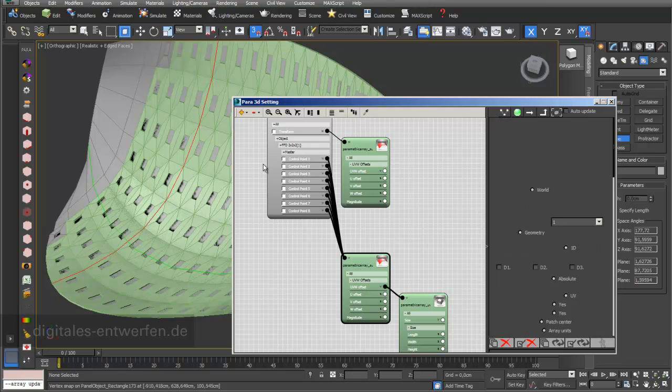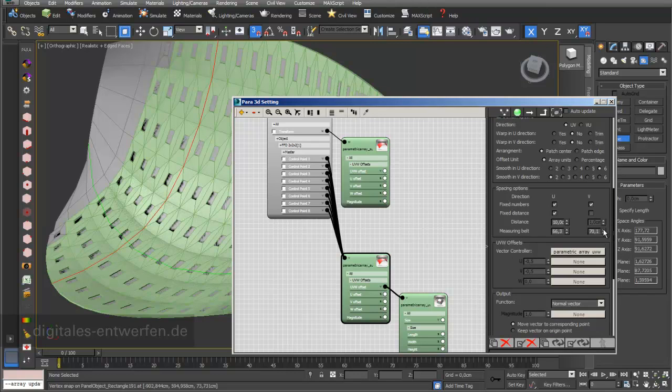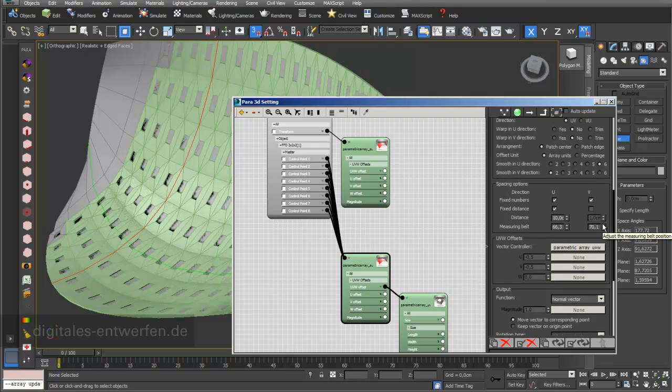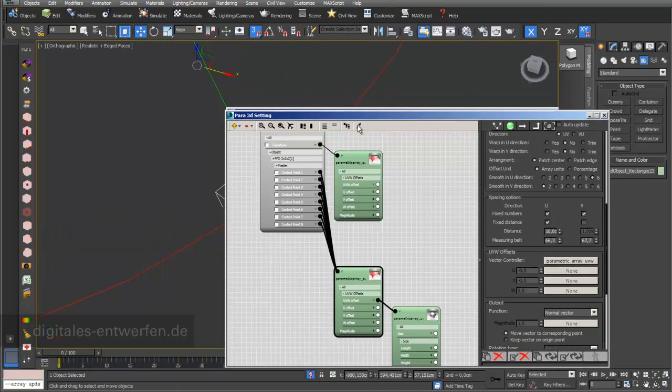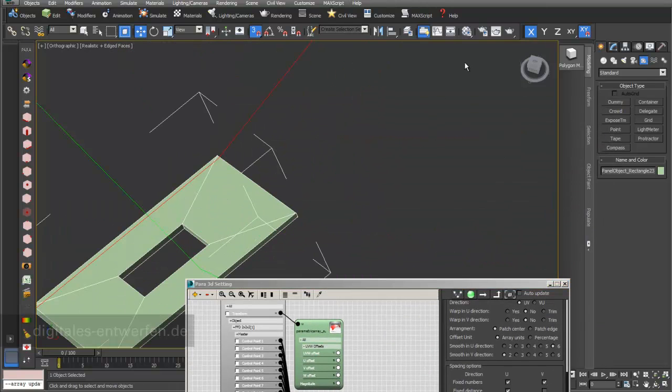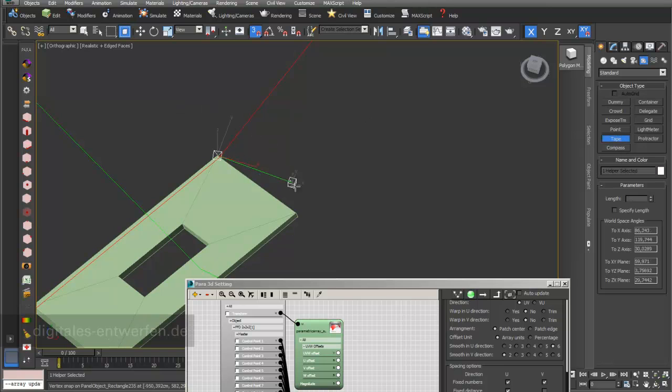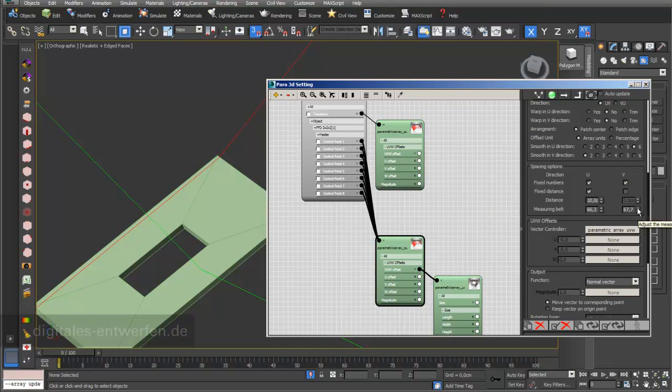I deselect auto update again, and we just have a look at my object, which is now, let's move this up again, just right now under these measuring belt in my v direction. It's actually this one. I isolate this again, and I measure this with my tape measure, and you can see this is already really close to my 10 centimeters. And if I just move my measuring belt again, for example, here I just move it up and I update it,